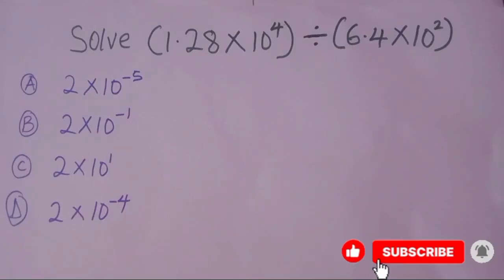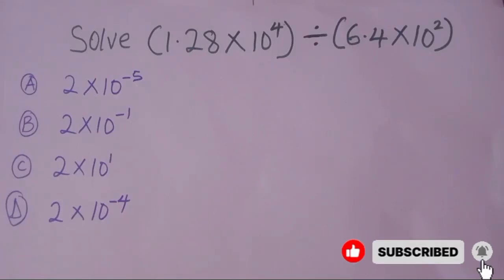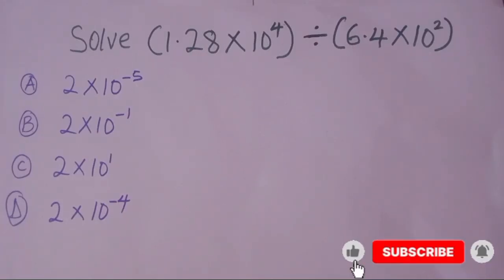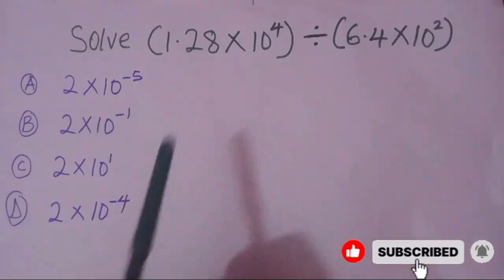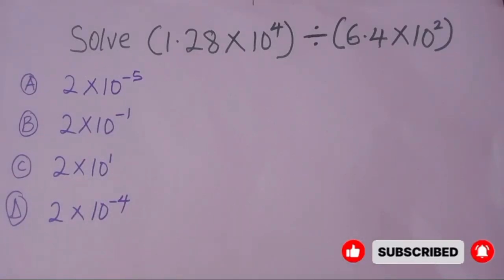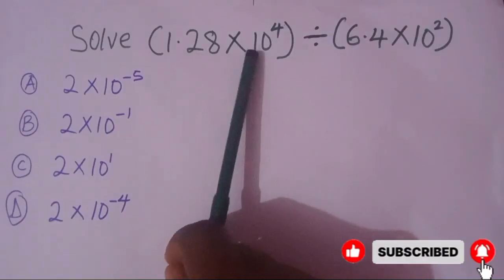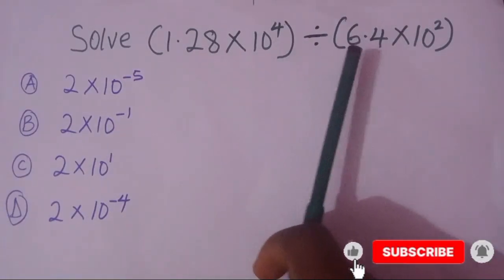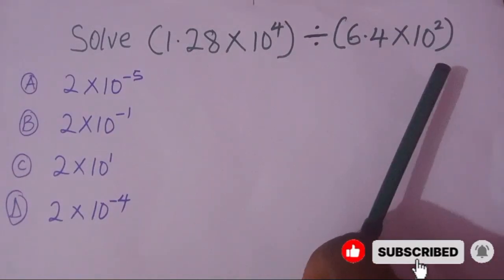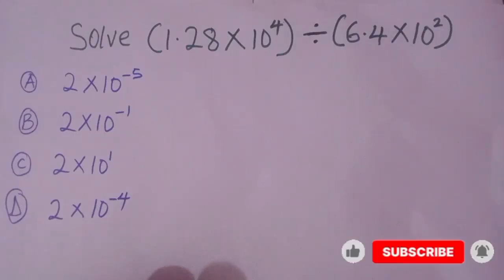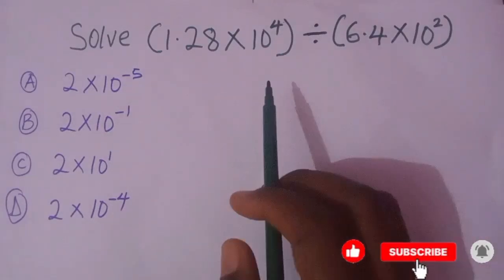So guys, in this video we are going to be solving an expression. This is the expression we are given to solve. So let's solve it together. We are asked to solve 1.28 times 10 raised to the power 4 divided by 6.4 times 10 raised to the power 2. The key rule to remember is when dividing numbers in standard form,